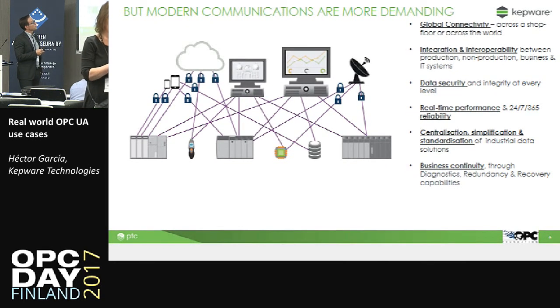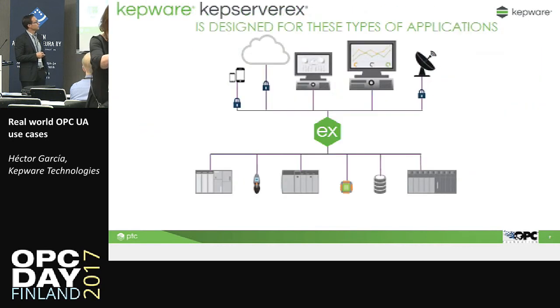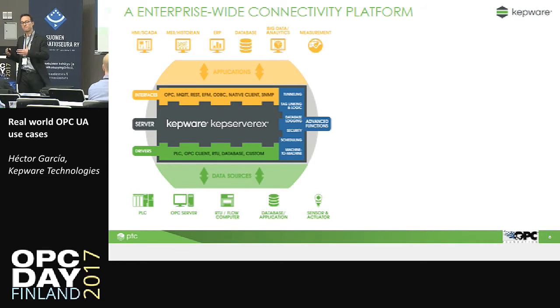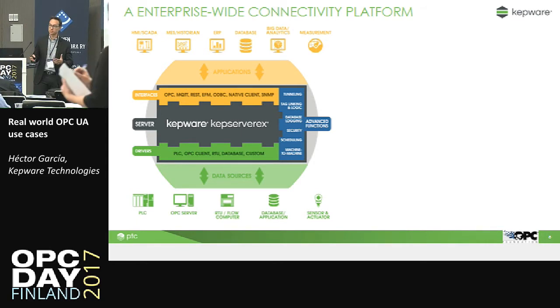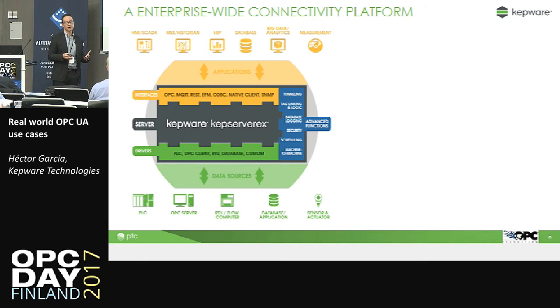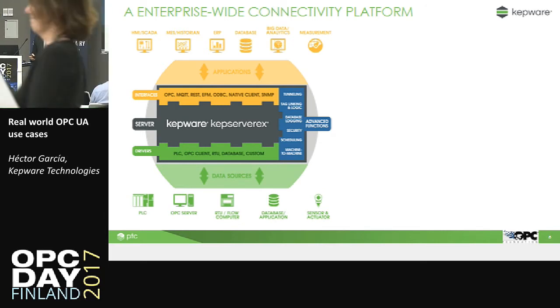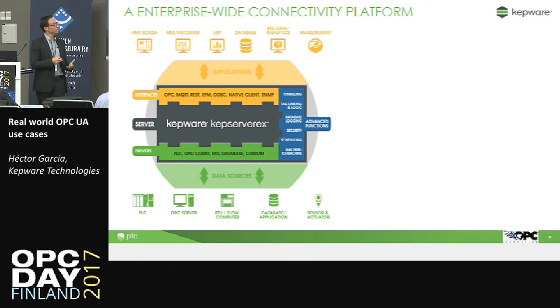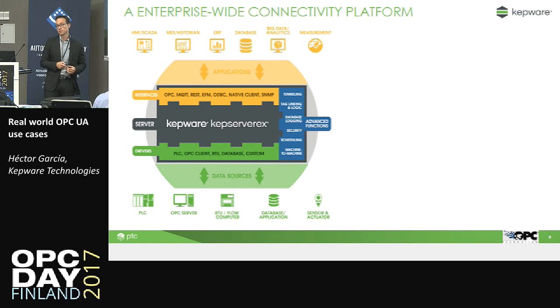So this is another way to see how Kepware EX can act. We can see the southbound part, the green part. It's the part of drivers, the implementation of the protocols that we have to communicate with the devices of the data sources that we may find in the plant floor or in a building or in an oil and gas plant or whatever. And we have more than 150 drivers. It means that we may communicate with almost anything that you may find in your plant floor.